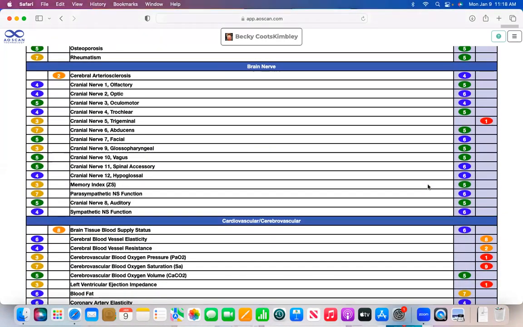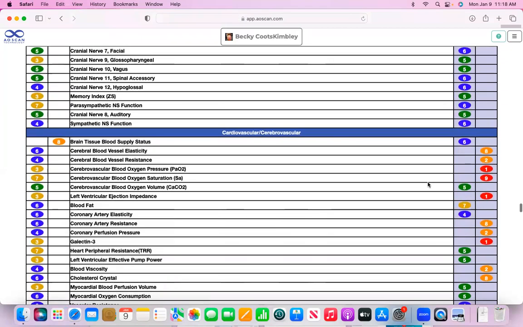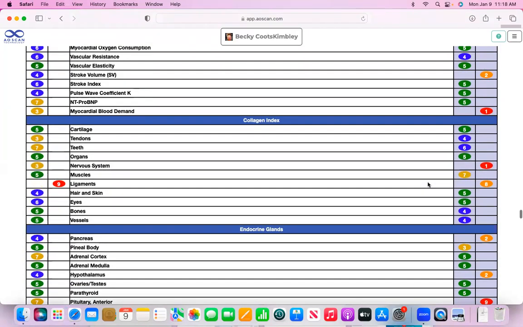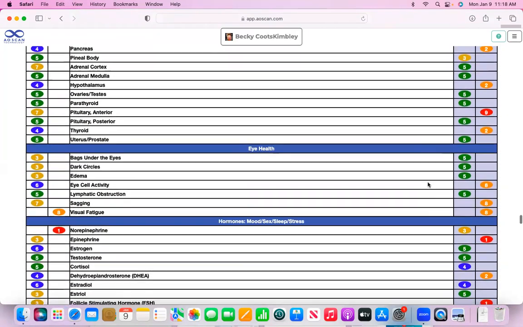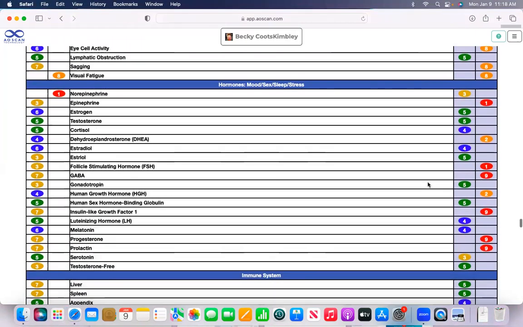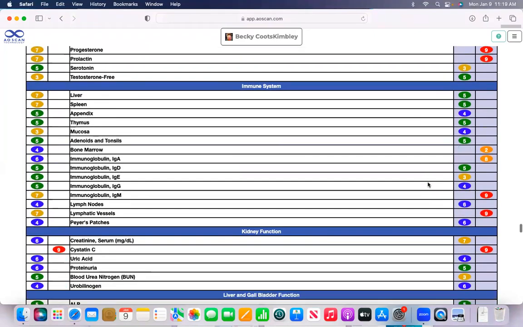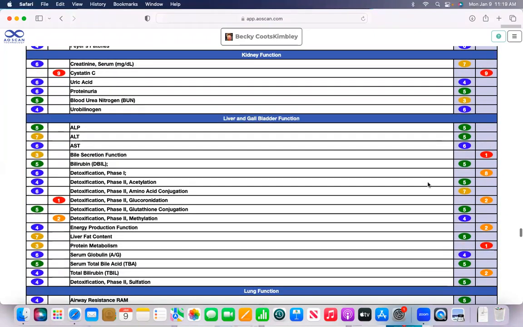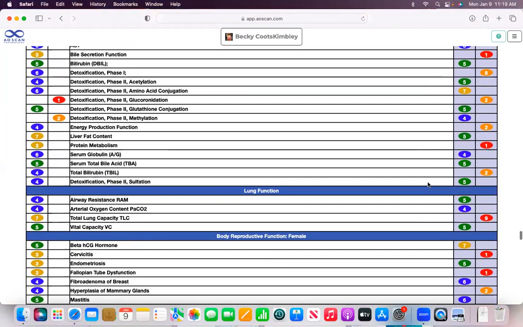We get into all the cranial nerves, cardiac, collagen, endocrine. We can look at the HPA axis and thyroid, hormone panel, immune system, kidneys and liver. We can look at the detox phases,